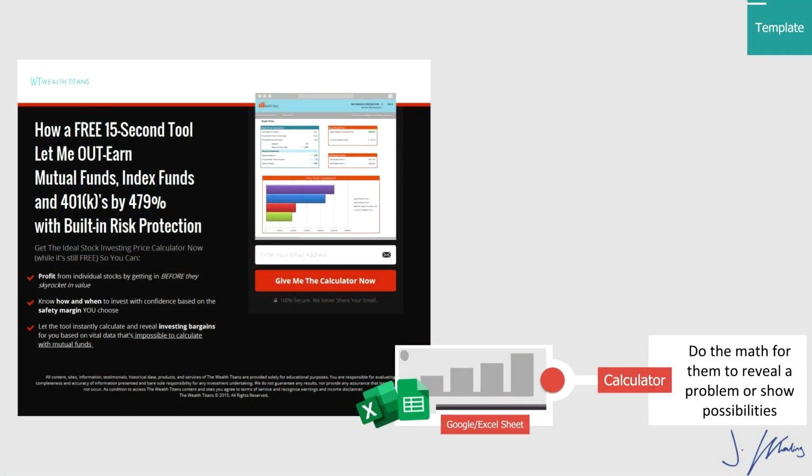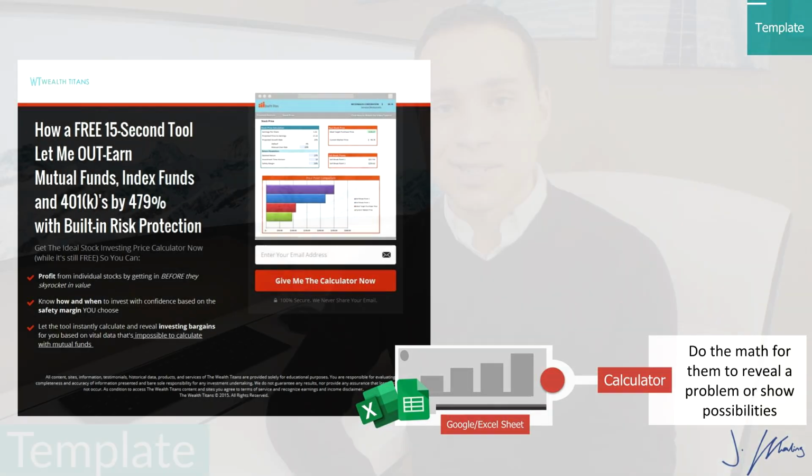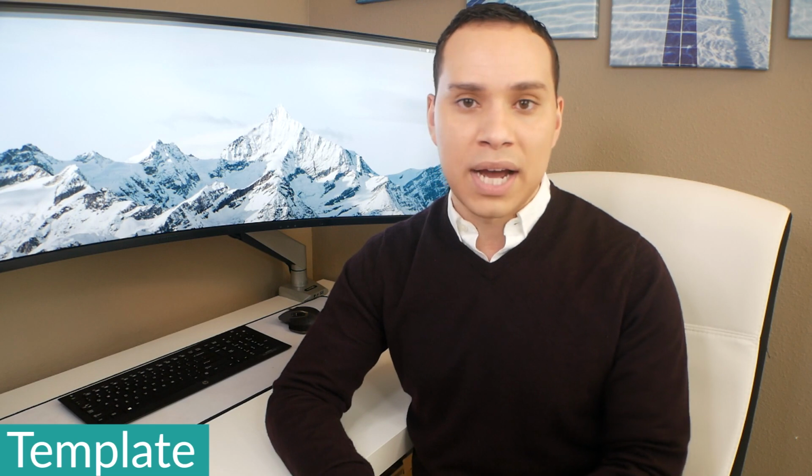Now, the next one we have is from way back when I used to be a financial advisor, and we put together a free stock calculation tool where someone could just enter a ticker symbol, and then it would apply our formulas and analysis to it so that they could quickly see whether or not it would be something that they should or should not invest in.